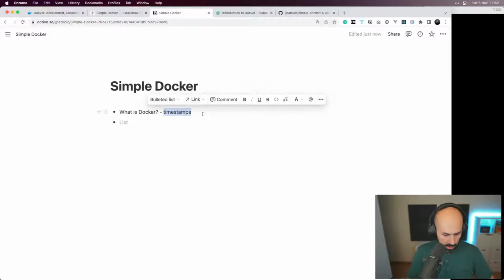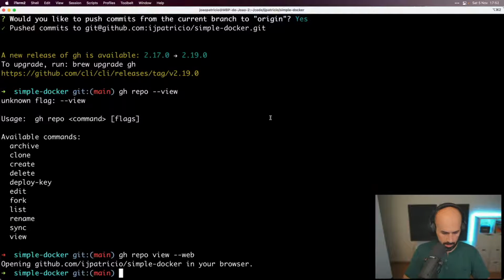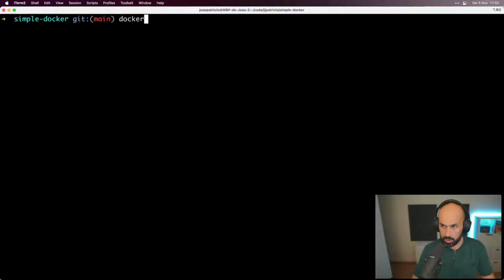So this is, I don't know where it started, but let's say it was in the beginning. And we are at minute 19 and we are starting tinkering with Docker, right? So what happens here? Docker is essentially a command line for now.